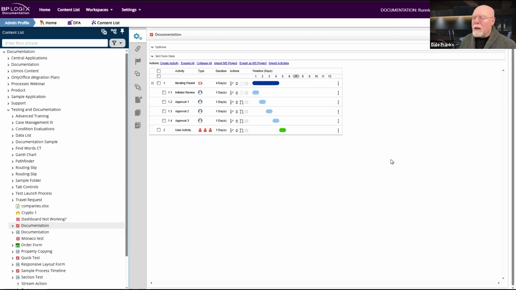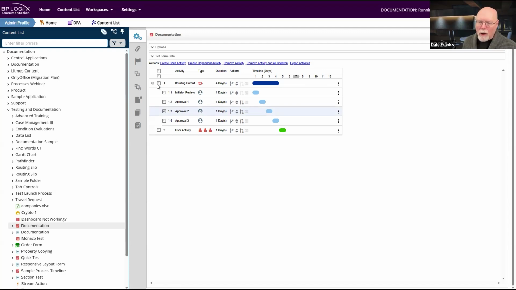First of all, anytime that you open up a process timeline definition, there is now a new action link called Import Activities, which appears up at the top. So you can always import your activities as soon as you open up a process timeline. To export an activity, all you have to do is just click on an activity. When you click on one, you can see that the import activities changes, and there's now an export activities action link at the top of the page.